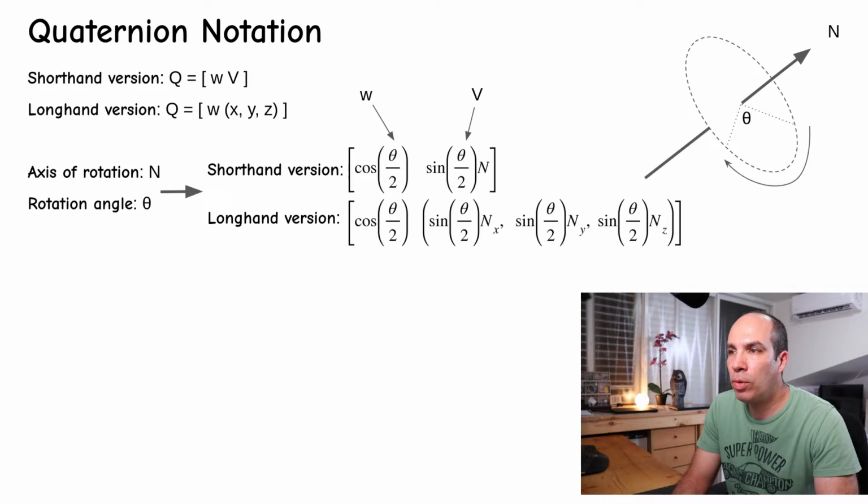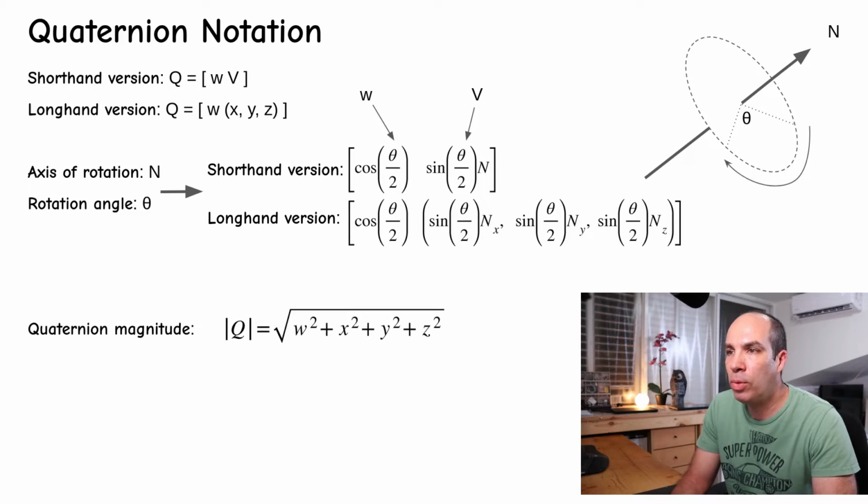The reason that we use only half of theta rather than the entire theta is that when we get to the actual part of using the quaternion for rotation, you will see that we are applying two quaternions on the rotated point, one on each side. More on this shortly. As you can see, the quaternion is kind of a four-dimensional vector,